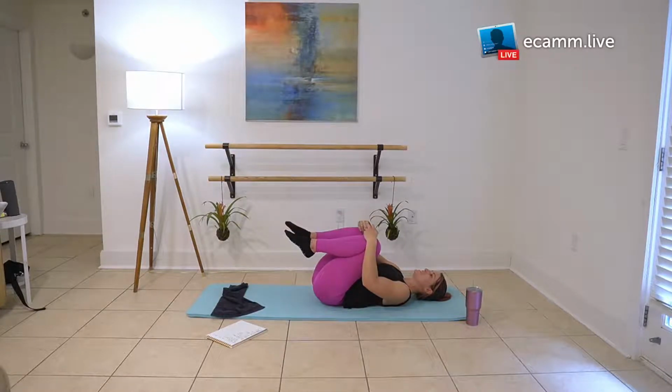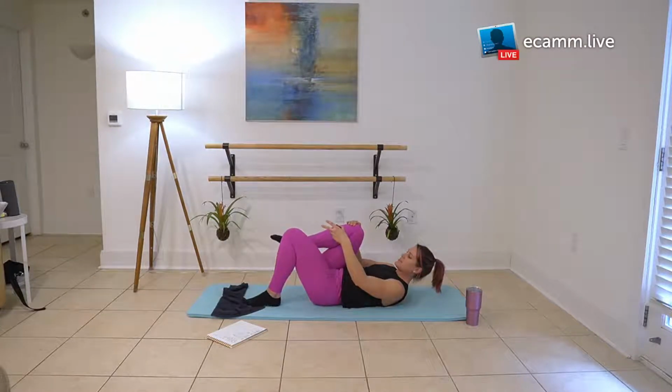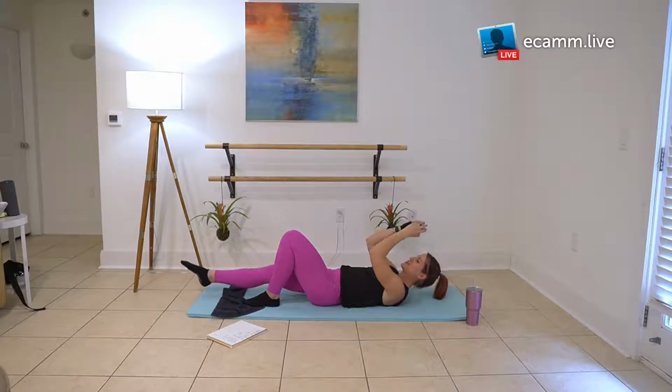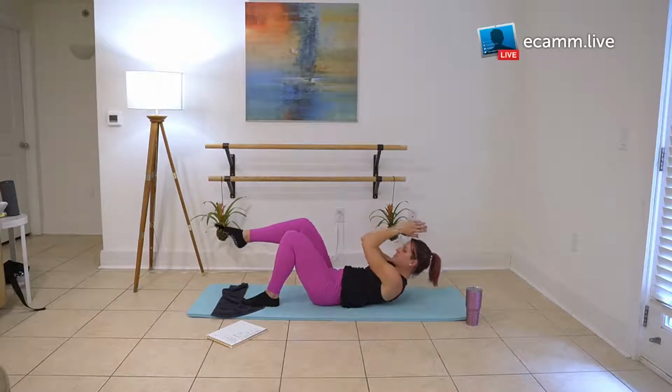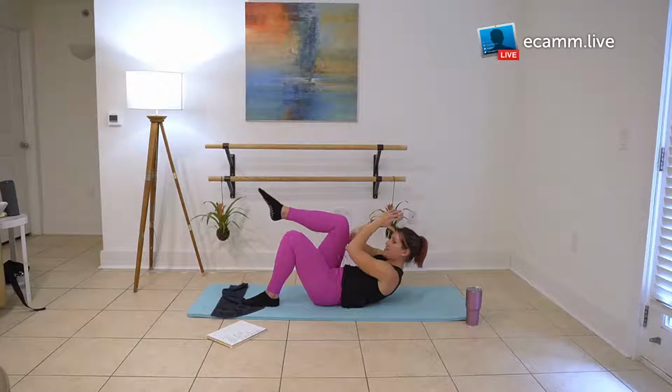We have 2 minutes left. We're really gonna work the abs. Last 2 minutes. Left knee down, left knee bent. And then we're gonna pull in our right knee toward our elbows. So your elbows right here,